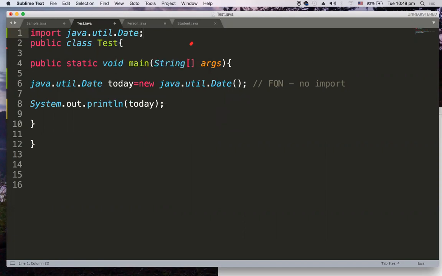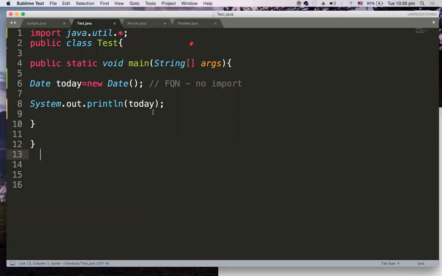This is called an explicit import because I am importing by class name. Otherwise I can say java.util.*, which is called an implicit import, because everything in that package is available to this class. Then you need not say java.util, because you have already imported. So you can say Date today = new Date(), and we print the date.